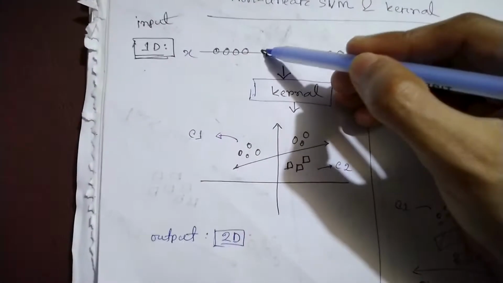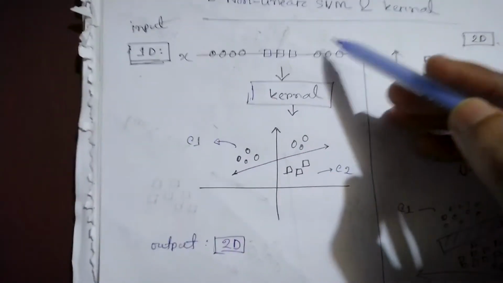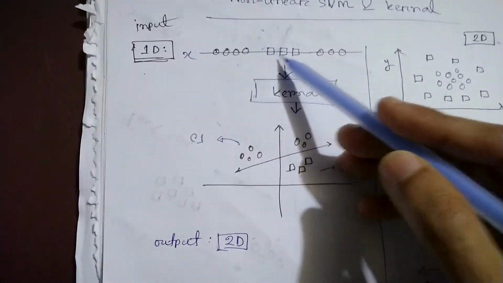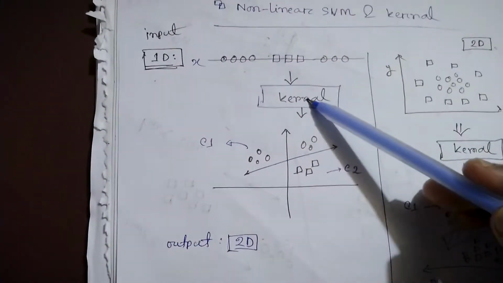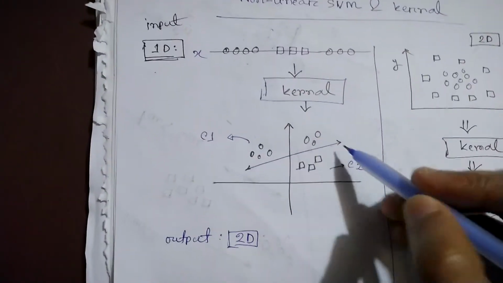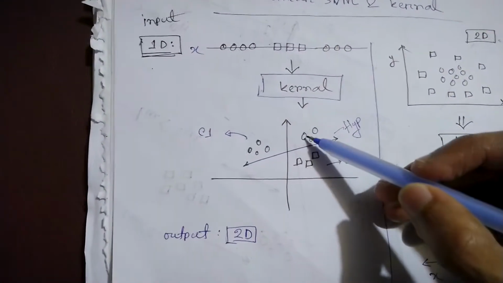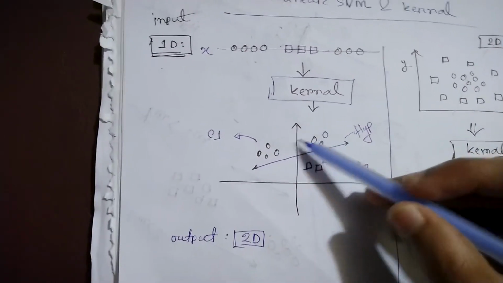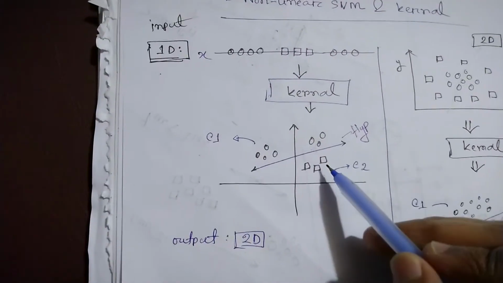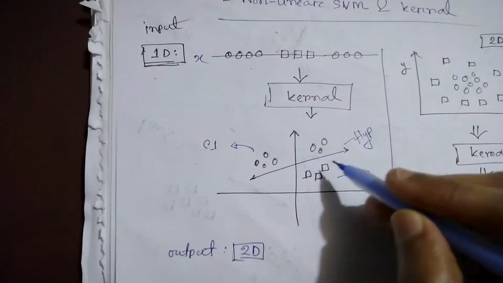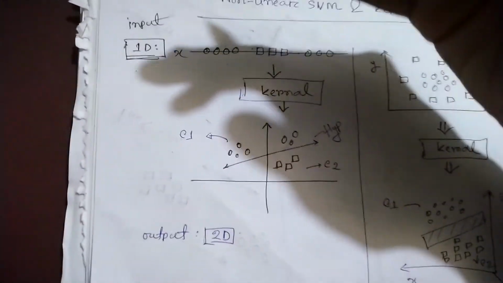It can output your 1D data into a 2D data feature set. Okay, so this is actually our feature set or our training data. It is converting our x-axis training data, which is 1D, into 2D training data. If you convert it to 2D, it will look like this. You draw a hyperplane. This is actually the hyperplane. On one side we have only the circle class, which is C1, and on the other side we have the C2 class, which we call the triangle or rectangle class. So we can classify it very easily by changing the dimension from 1D to 2D.